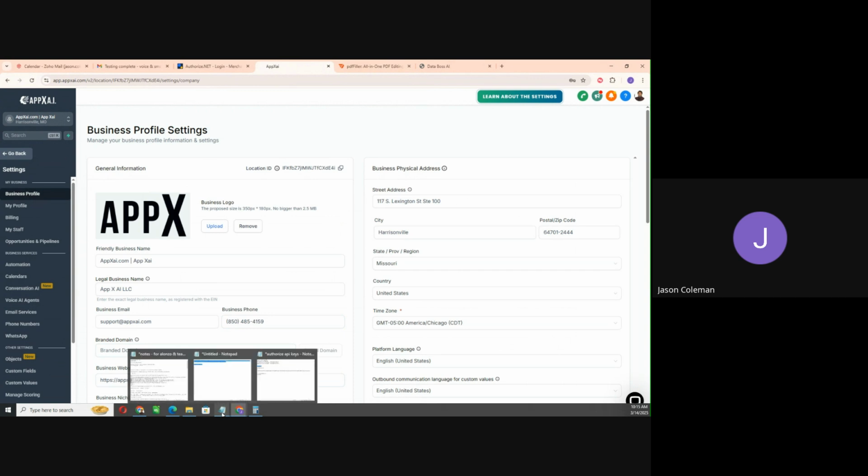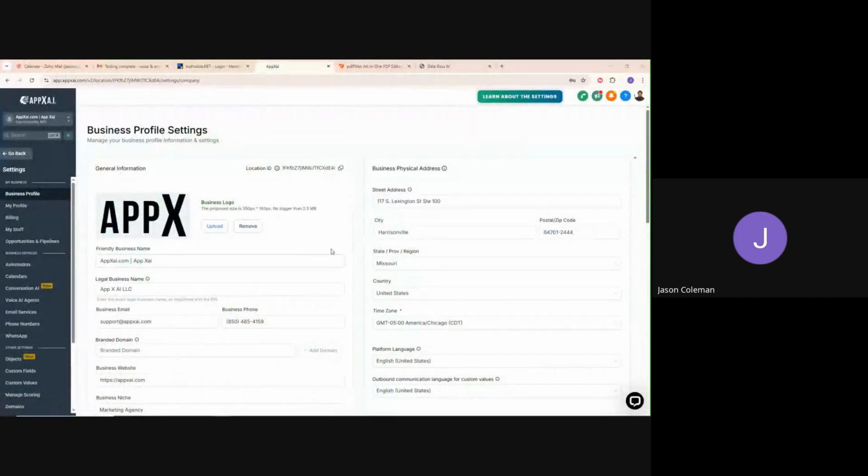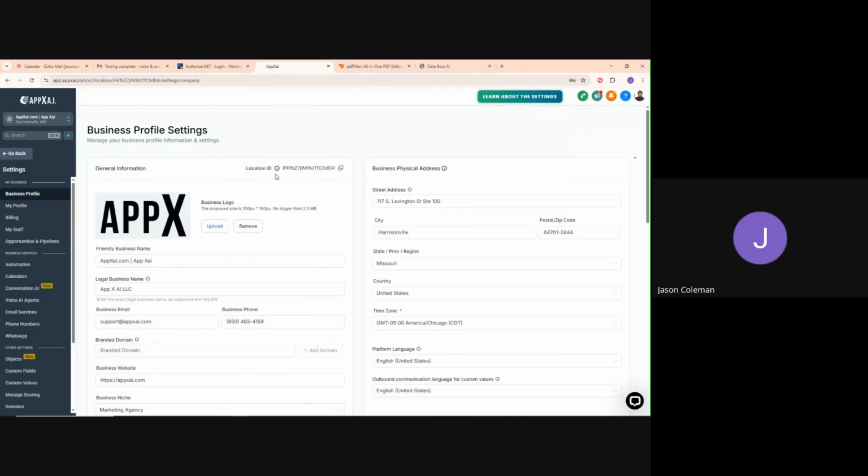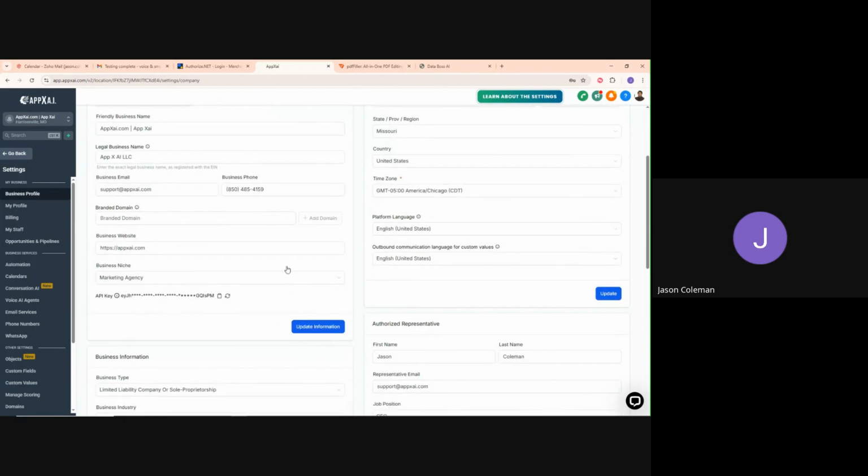So we're going to copy down a couple things that we need to paste back into DataBoss. We're going to copy down the location ID right here at the top of your business profile. It helps to have a notepad file open or something like that. You can copy that and paste it right here in a notepad file. Then I'm going to go down farther here, and if you haven't turned on the API key for your account yet, you'll just hit generate API key. It will generate one